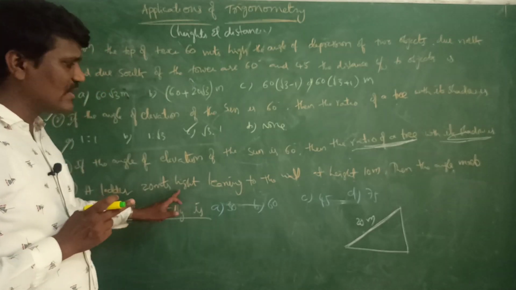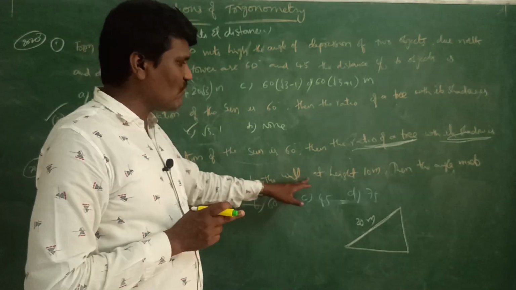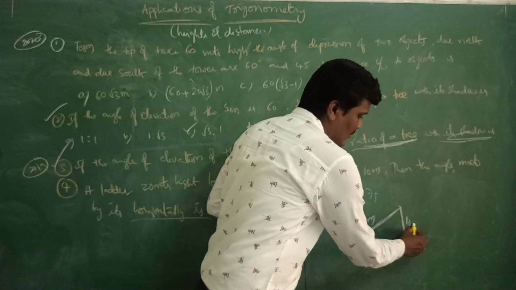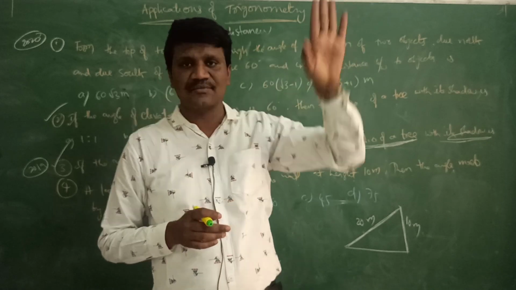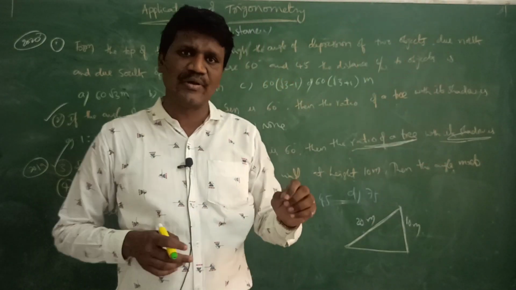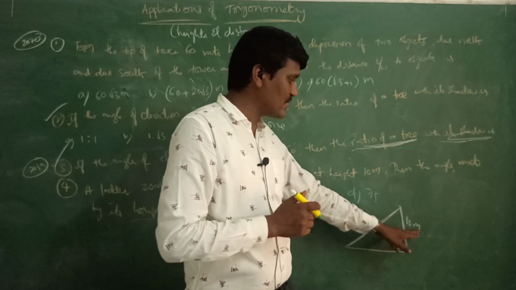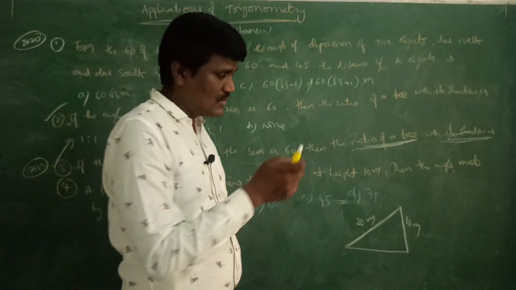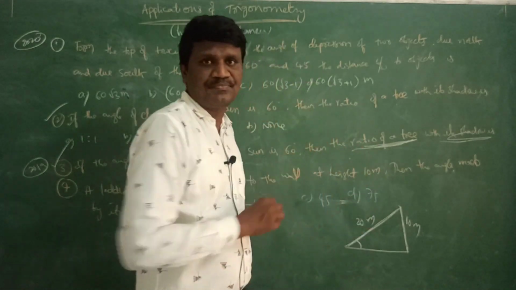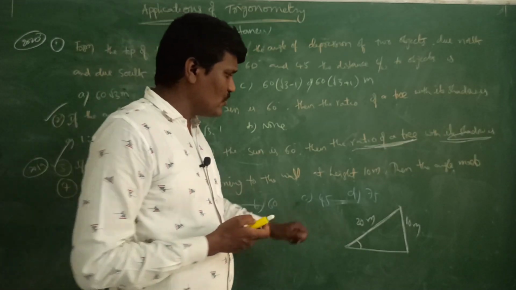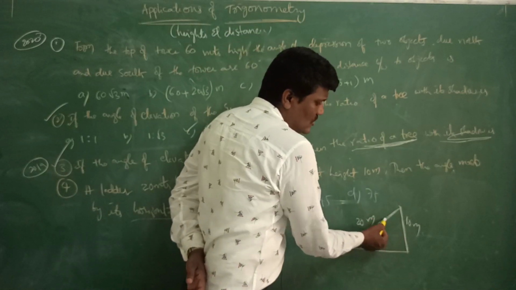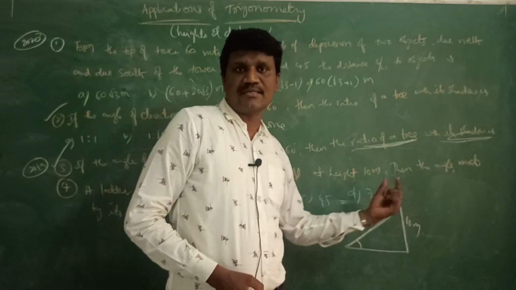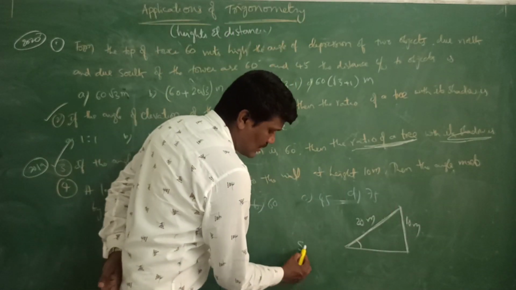So a ladder 20 meters height, leaning to the wall at the height 10 meters. So this is the height of the wall, 10 meters. All of you know how we will put a ladder, right? Generally to the wall only. Then the angle made by its horizontal is. So what is the angle made by it? Right? So here in this case, what is to be taken? This is the hypotenuse and this is the opposite side. So take the sine theta, right?